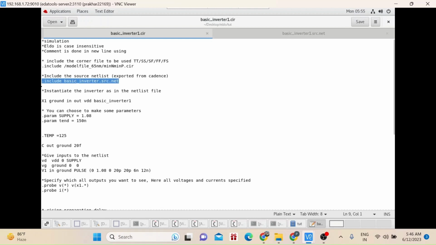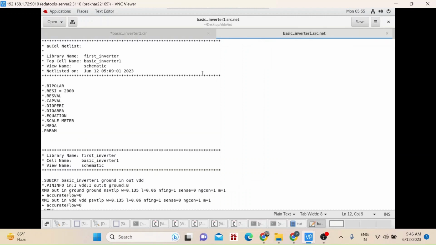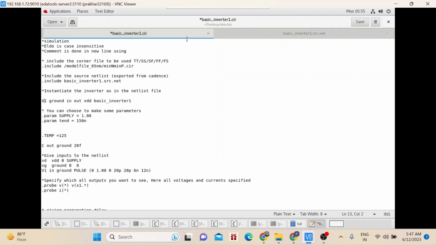Now I also want to include the src.net file, which is src1.net. I have just changed the name also. So here I will tell you how to instantiate. Go in the src.net, just copy all 4 ports and paste here.